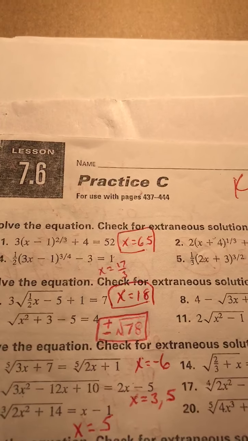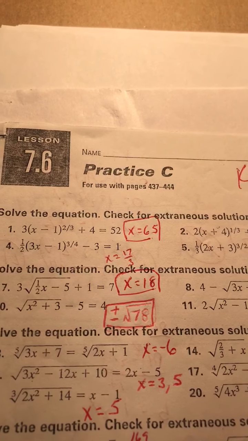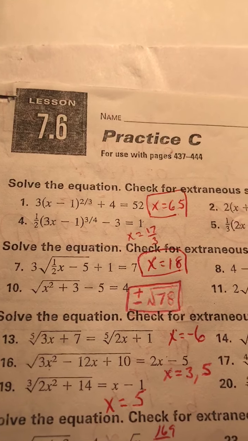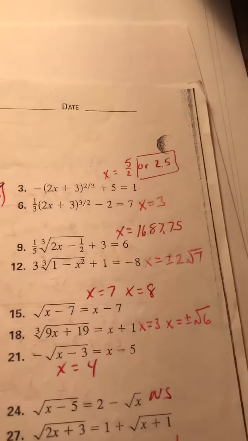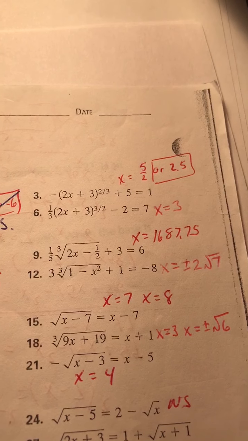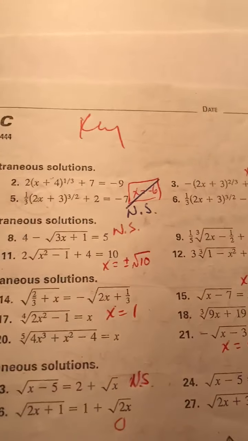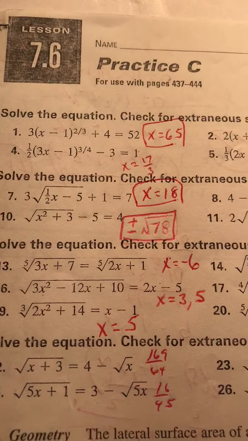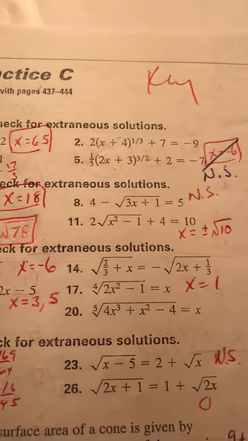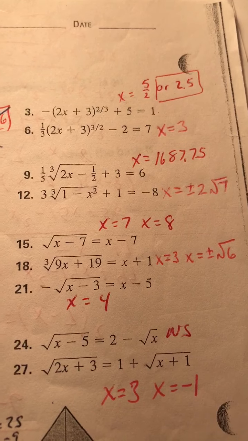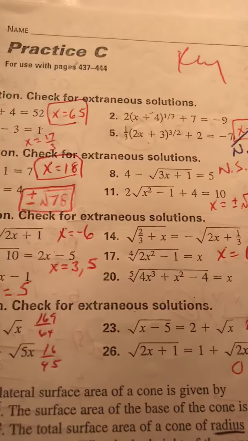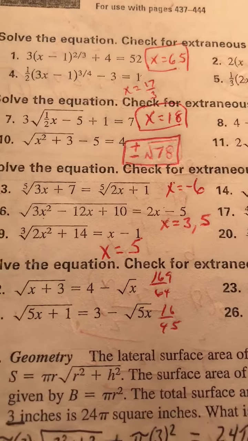Okay, for homework, you guys had 7.6 practice C. You had the odds. So there's number 1, the answer for it. There's your answer for number 3. Number 7. Number 9. And then number 13